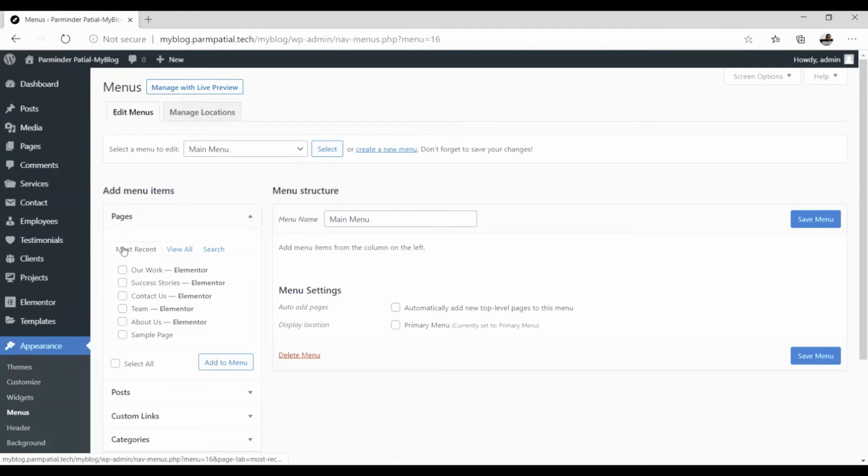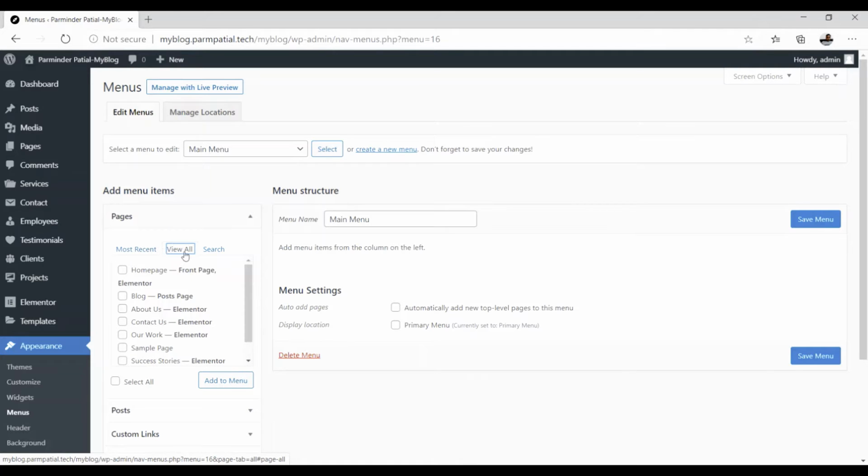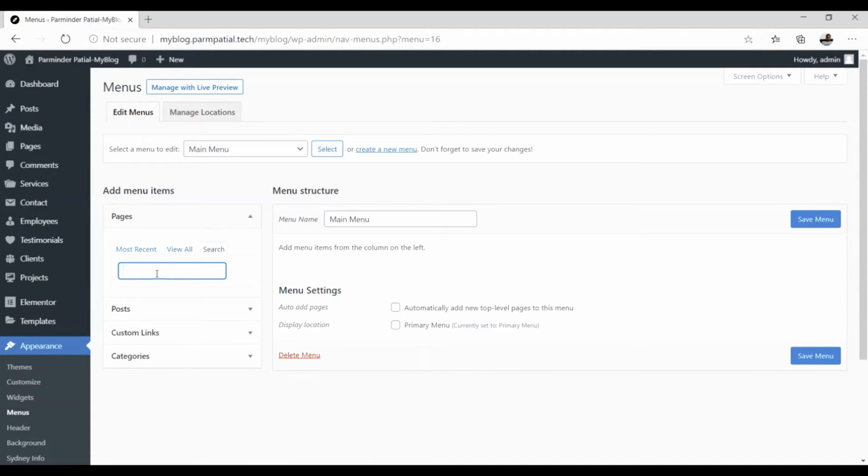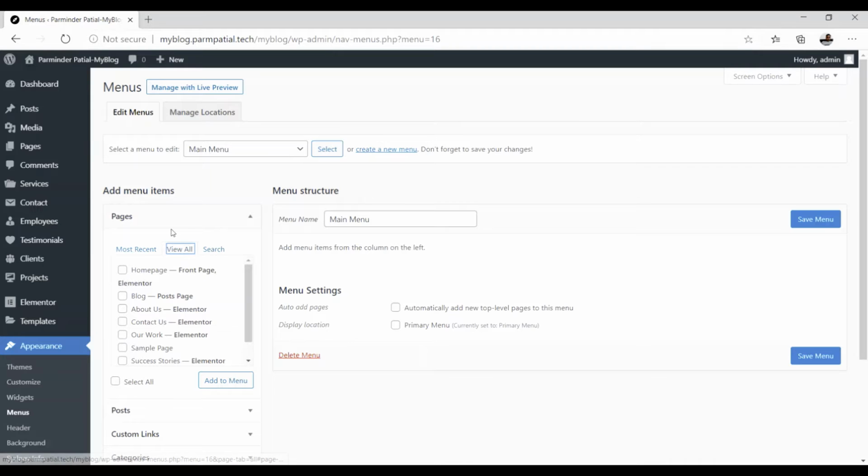In the most recent pages tab, and if you click on view all, you will be able to view all the pages that you have created. If you want to search for a particular page, you can use the search.